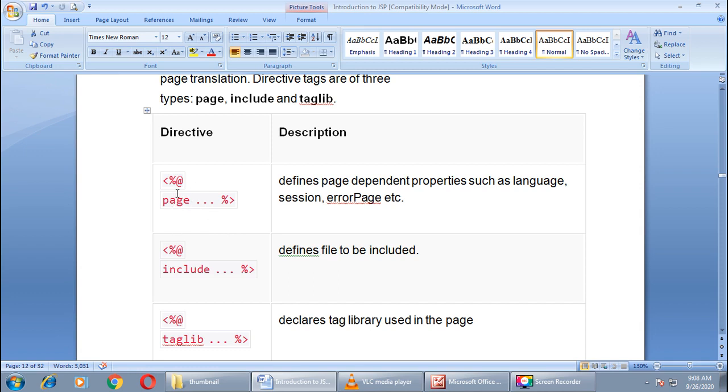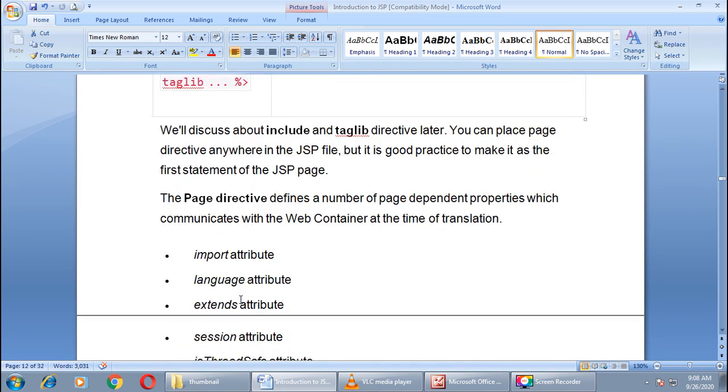The main task of page directive is to define page dependent properties such as language, session, error page, etc. The second one is include directive, which is used for defining a file to be included in your JSP. And the third one, tag lib, is it declares the tag library used in the page. Let us see all these directives in detail one by one. We'll discuss include and tag lib directive later.